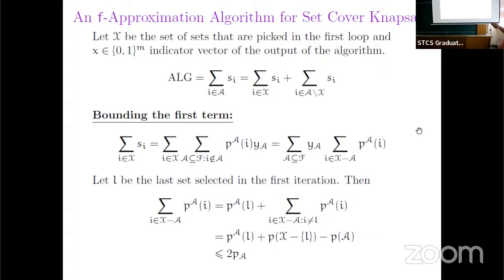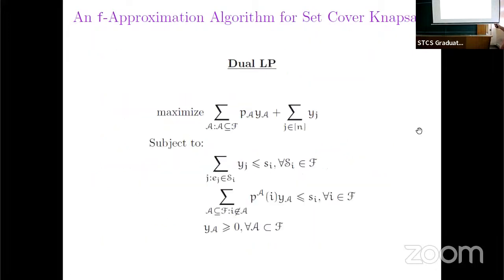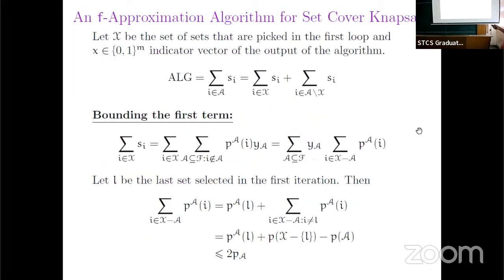Now I am bounding the first term here. Again, recall whenever I pick a set, this becomes tight, this becomes equality. So this equality is this, and whenever I have a double sum,